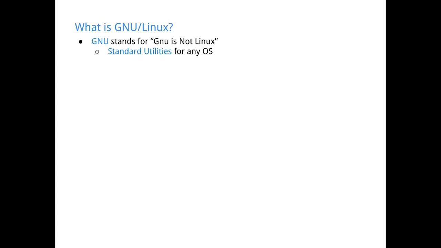It supplies a bunch of standard utilities that every operating system needs to be able to do what it does. Those things are like the C compiler, your editors, the shell, so you can actually interface with the operating system, and just a bunch of other sysadmin stuff. A lot of the tools that I'm going to show you later for using Linux are actually supplied by GNU. If you go into the help files, you'll see that they're all authored by the GNU project. So GNU is pretty great, and we need it. There's no replacement for them for Linux, as far as I know, but you could write it if you want.